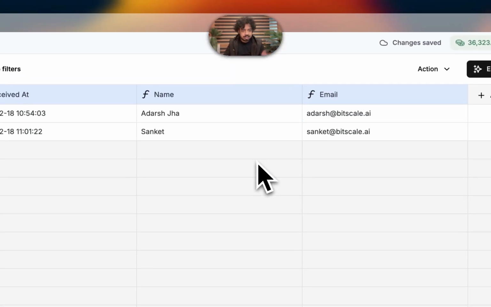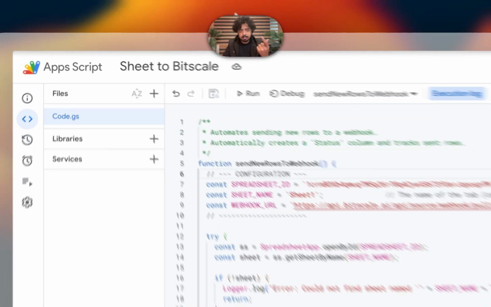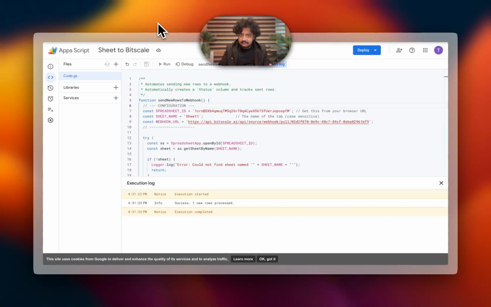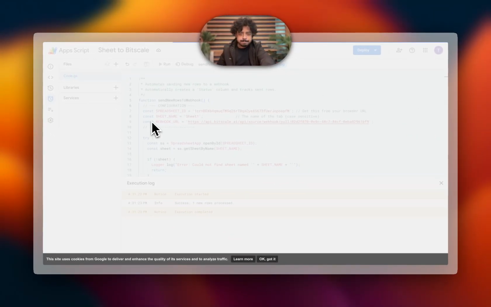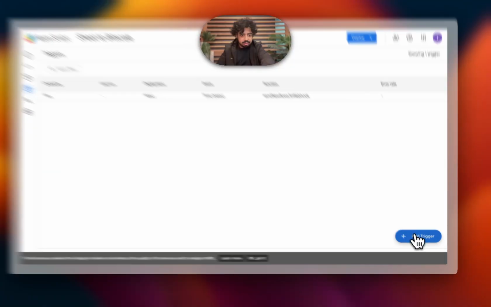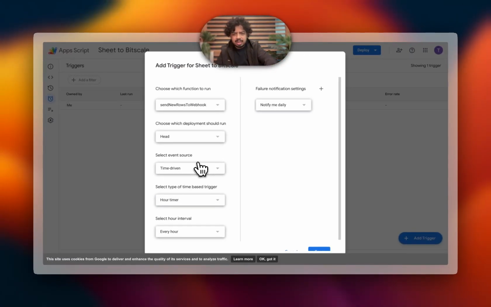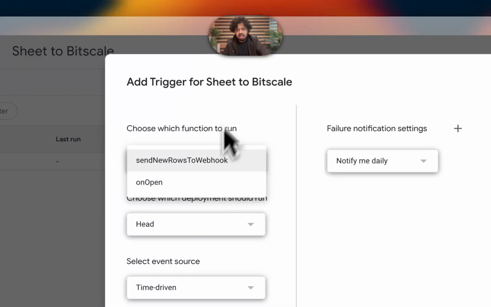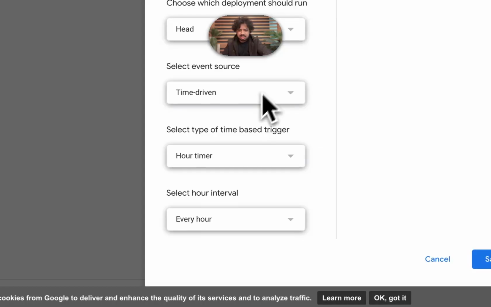Now this is the manual process. Obviously that does not solve everything. So I'll just head back over to app script and show you how you can create triggers. Now the trigger will actually automate this entire process that I showed you. You can head back over here in triggers and go to add trigger here. I have already created a trigger for this workflow, but you can just go to add trigger here and here you'll see all the options that you really need. Nothing too complicated. Just click here and check which function you want to run